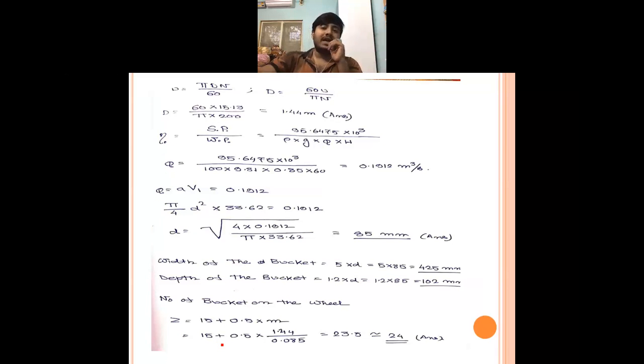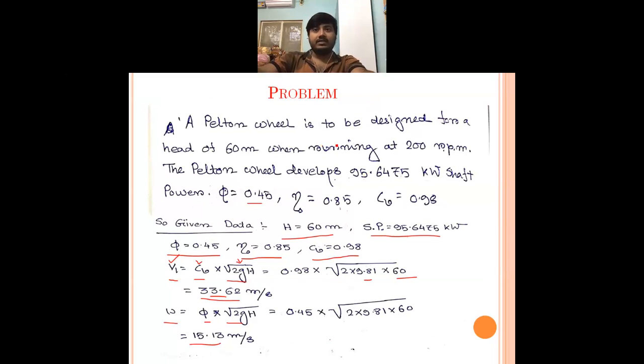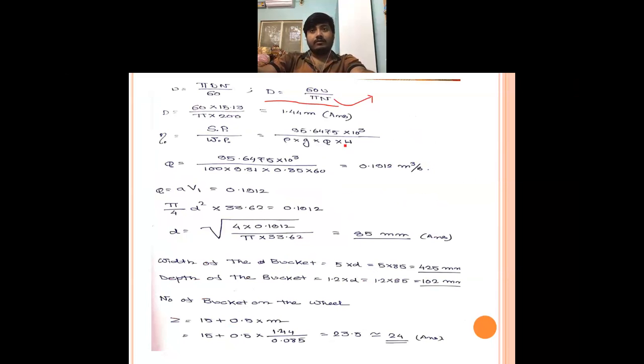Now we have to find out the diameter of the wheel. So diameter of the wheel, the equation is like this: 60U by pi n. Now n is given, it is 200 rpm. You can see from the equation n is given. Where is the n? There is the n. U, we have got it out, and pi, the value you know. So d will come 1.44 meter. So I have directly done it in meter. So the diameter of the wheel is 1.44 meter.